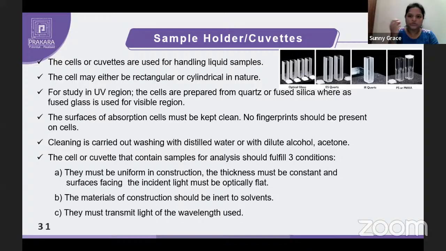Then it should fulfill three conditions. That is, it should not react. The materials of construction should be inert to the solvents, and it must transmit all the wavelengths we are using. The construction should be uniform, the thickness must be constant, and the surface which is exposed to the light should be optically flat. So when it satisfies all these conditions, then it can be used as a sample holder in UV visible spectroscopy. Then next